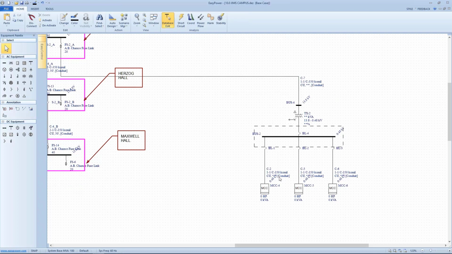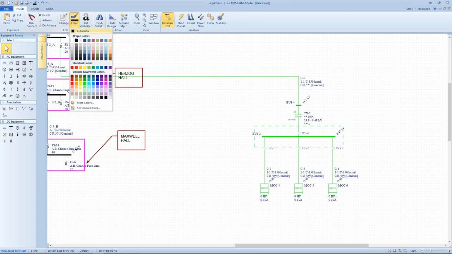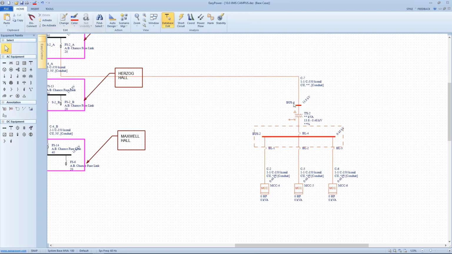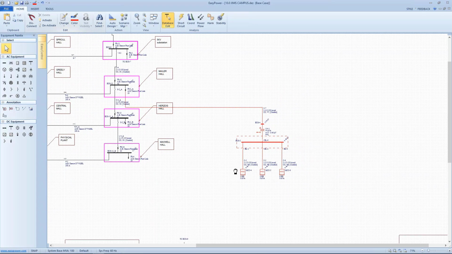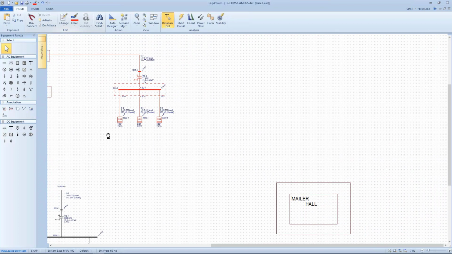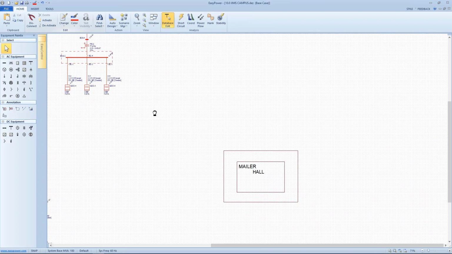Now, because there are some important loads in this particular location, I'm going to highlight and color code this whole system red. I just select my preliminary system, my preliminary building depiction, and go up to my color palette, and we're going to select red for this particular building. I'm going to zoom out, and now I'm going to drag this down to